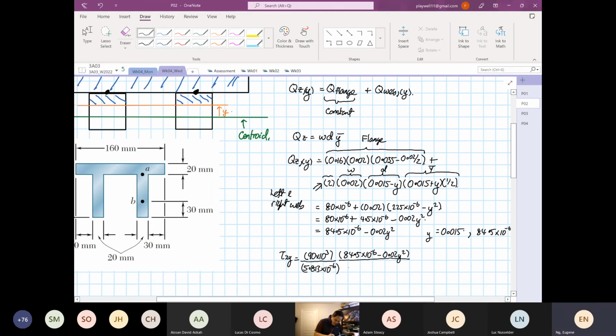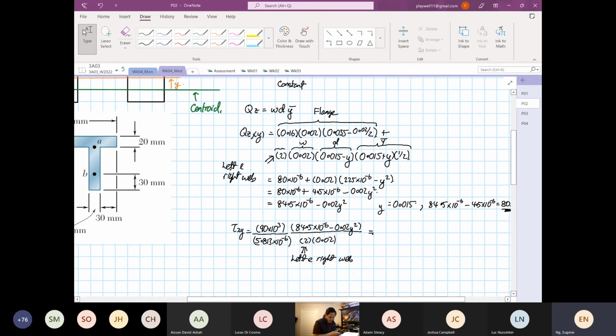Now be careful, I tend to make the mistake down here also. You have to include the left and right. So this will become 90 power 3 divided by 5.813 power minus 6 divided by 2 divided by 0.02 times 84.5 power minus 6 is equal to